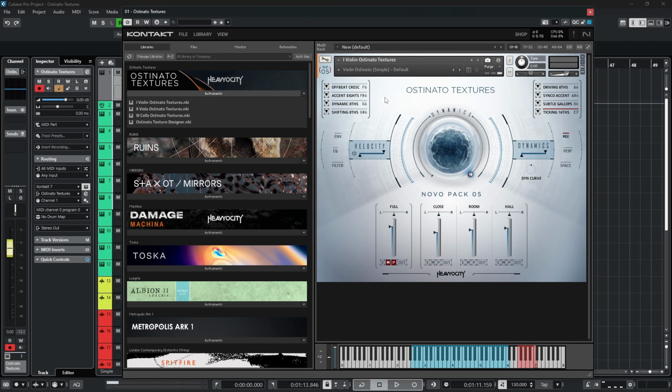So these are all the different simple rhythms. Next up we have some of the complex rhythms, but I'll just take a listen to those on the violas instead. And we have some rising gallops,